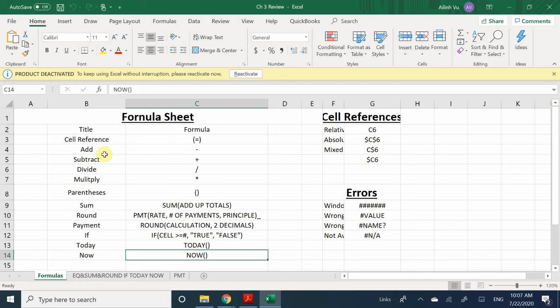When we're going into accounting, it is also very, very important that you understand how to do equal ROUND. What is equal ROUND, you want to ask? Equal ROUND is basically when you create a formula, right? If you're multiplying something or dividing something, sometimes you're not going to get an even answer. And what ROUND does for you is, if you want a rounded number, that's what it will do for you. And you can do it to 2 decimal places, 4 decimal places, 6 decimal places,